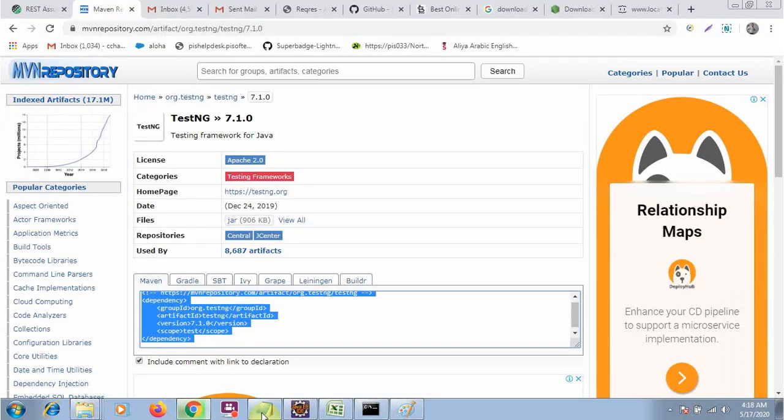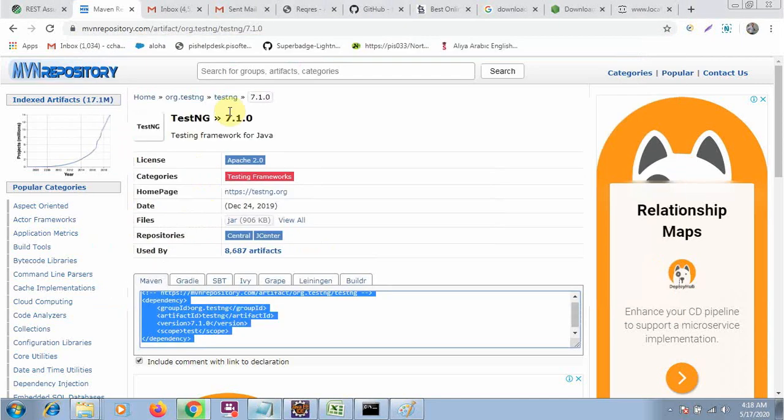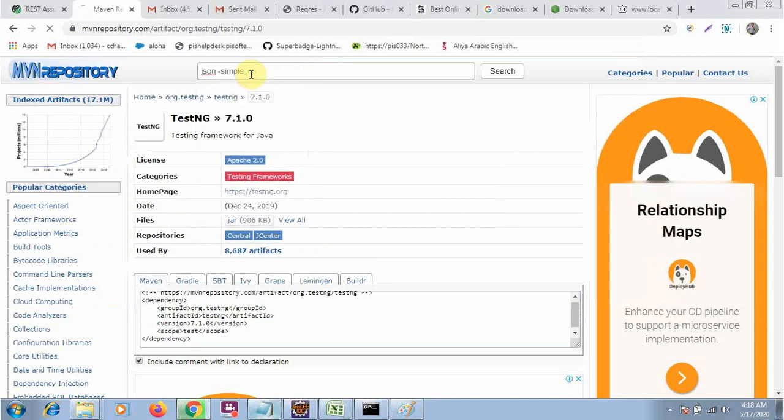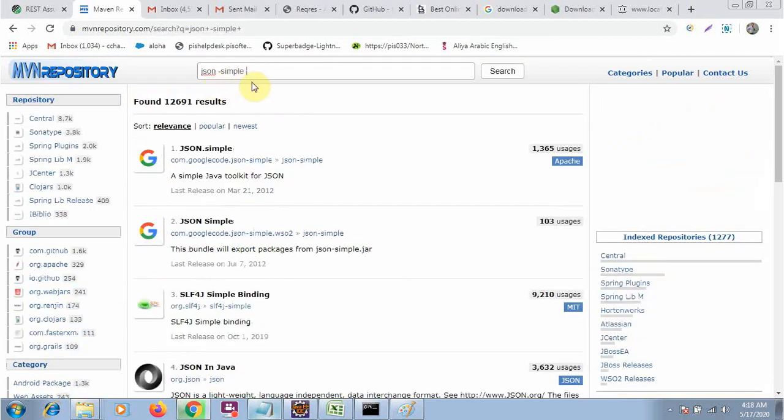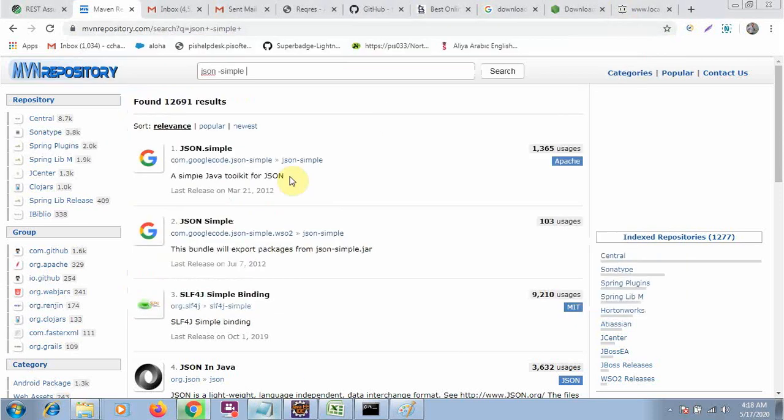Okay, now after TestNG, we need the JSON simple dependency. So JSON hyphen simple. Again see the package. The package will be com.googlecode.json-simple. Find this one, com.googlecode.json-simple.